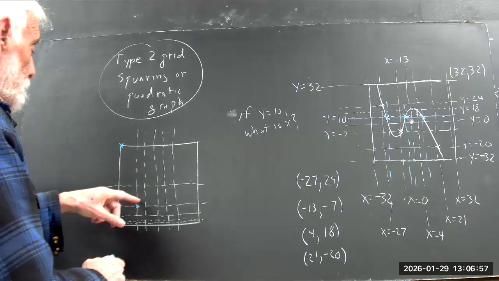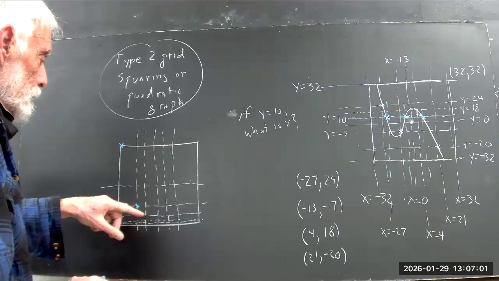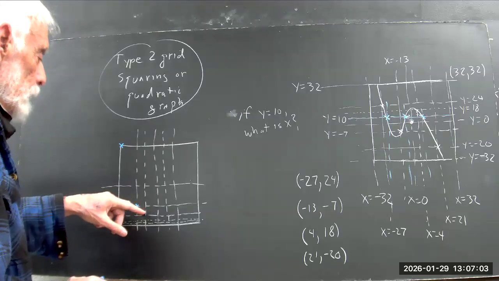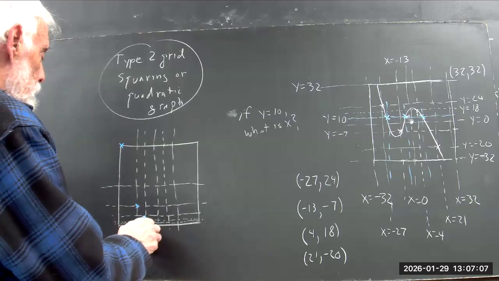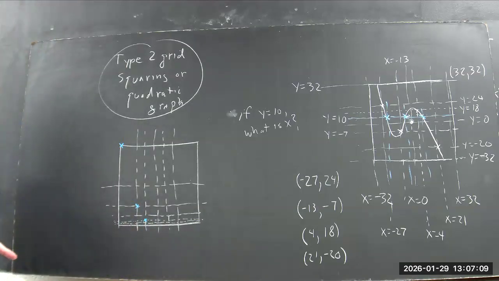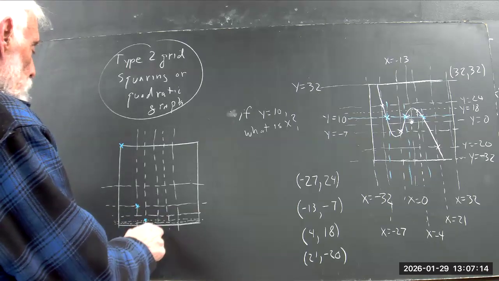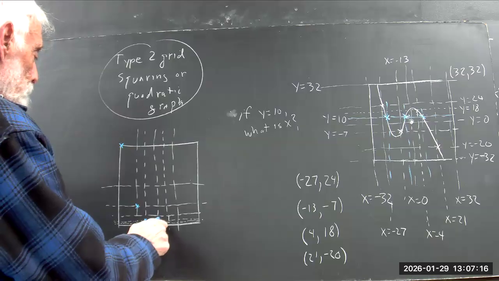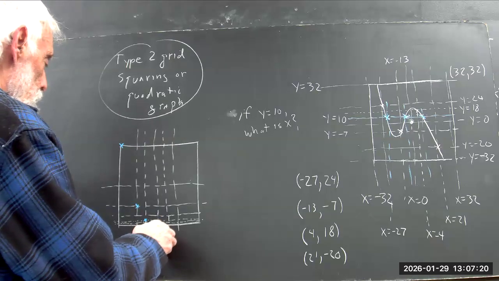Then you do that again. You move to the next vertical line, skip a horizontal line, mark the next one. Then you move to the right to the next vertical line, you skip a horizontal line, and you sketch a